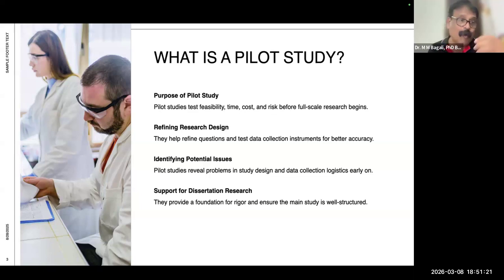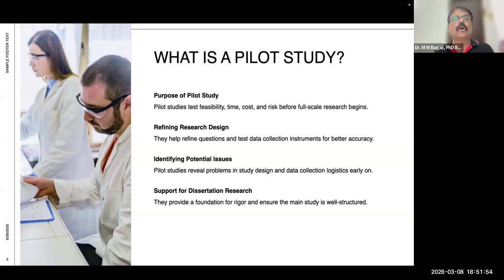Mahua would go with only, say, 10 faculties or 10 teachers to understand this, because her actual study would again be, say, 200 teachers across the schools. So the precaution is that a pilot study would help you refine your research design, your questions, your research question, research objectives, your hypothesis, and your data collection instruments for better accuracy.